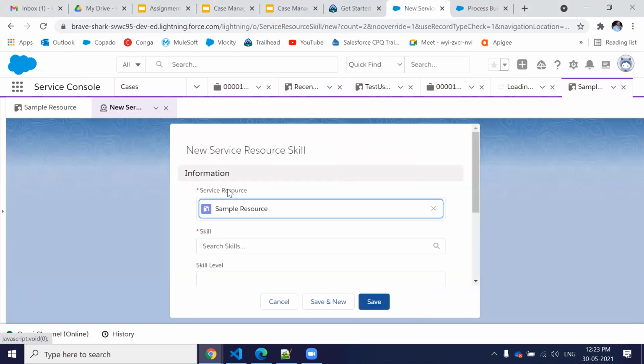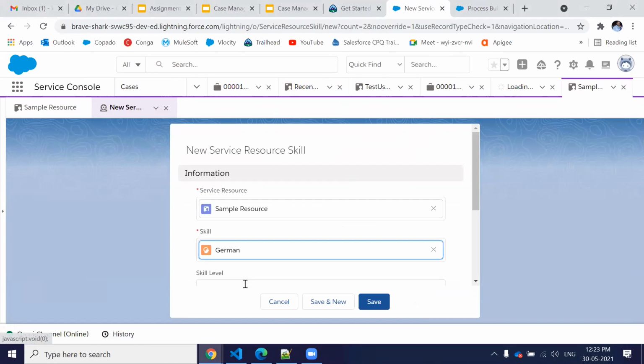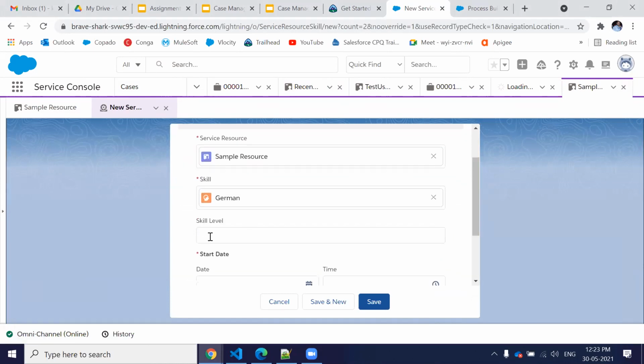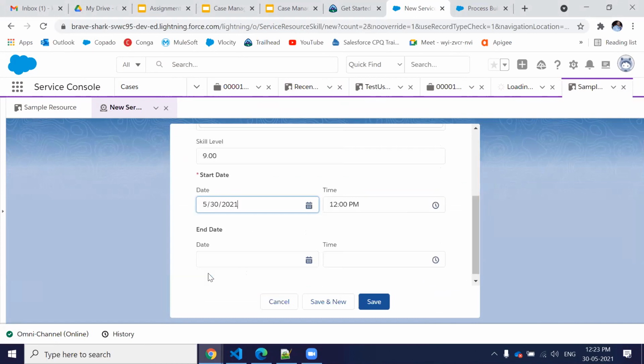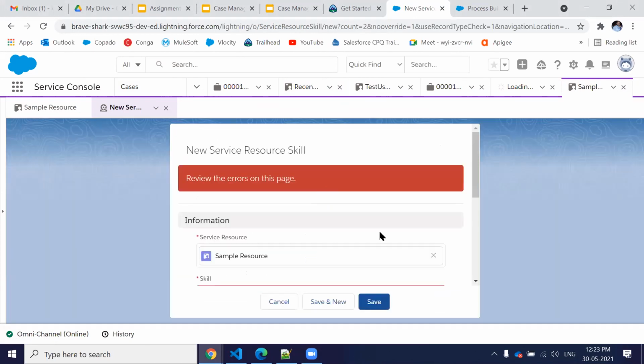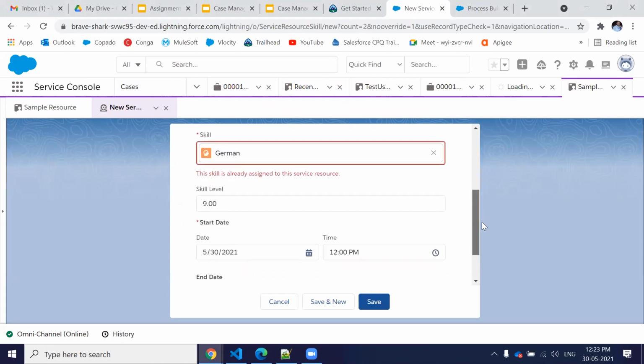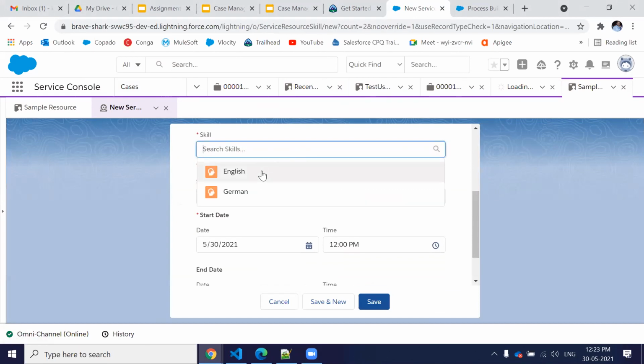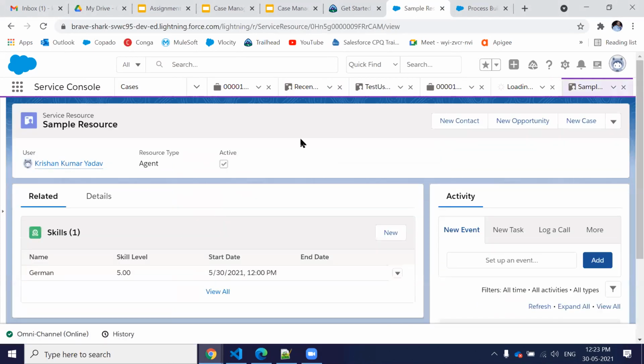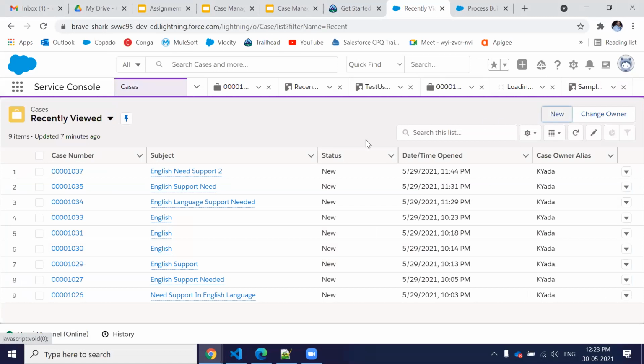Add the German language also, because I'm going to create the record with the German language now, since we already filled so many records with the English language. This skill is already assigned. Okay, this German language is already assigned. So okay, then good. Then just go create new.